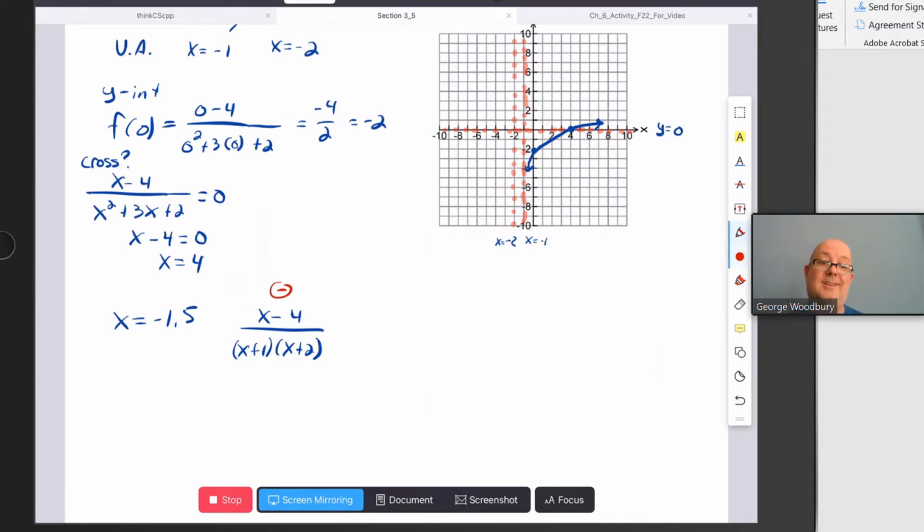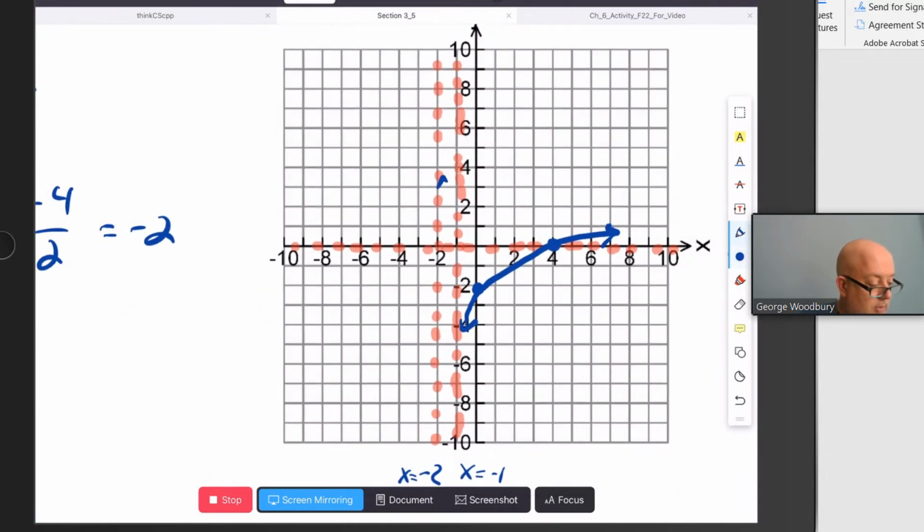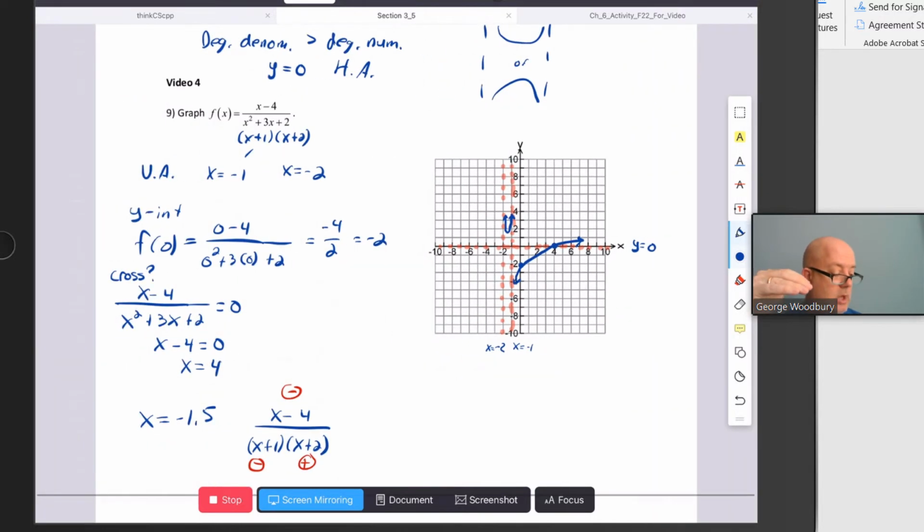-1.5 plus 1 is -0.5, so that's negative. And -1.5 plus 2 is a positive number. So I've got a negative number over the product of a negative and a positive number, or negative over negative. When we divide a negative by a negative, we get something positive. So I don't know exactly where this graph is, but I do know that it's going to be U-shaped in that interval. Now, if I plugged in -1.5 and actually did the calculation, I would have had -5.5 over